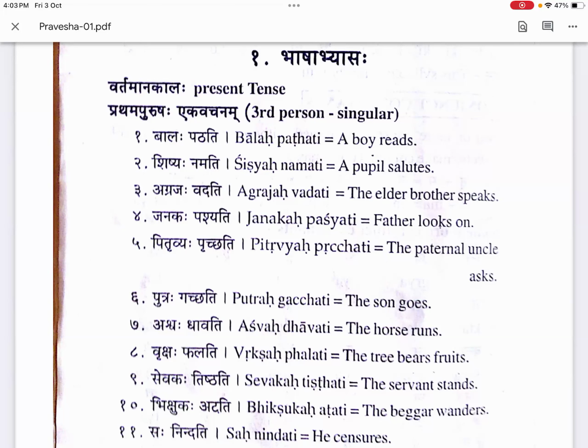When we speak in English, we say first person, second person, third person. First person means who? Me. I am teaching, I am the first person. You are listening, you are the second person. We are talking about whom? We are talking about, say, one person. So that person becomes the third person. Okay. But here in Samskrutham,